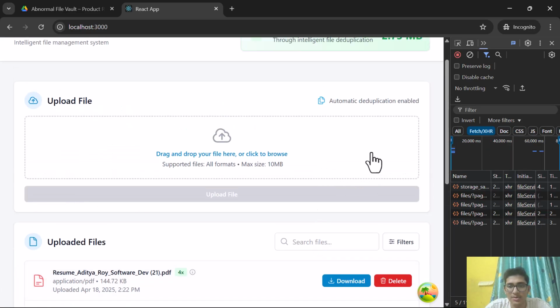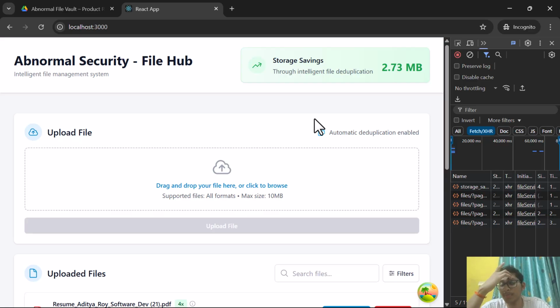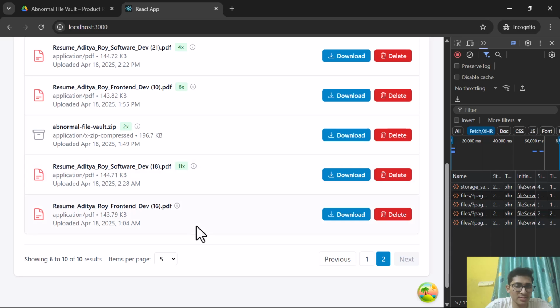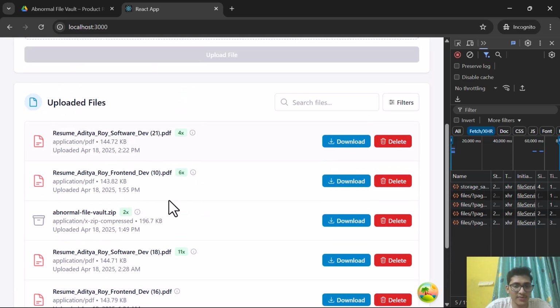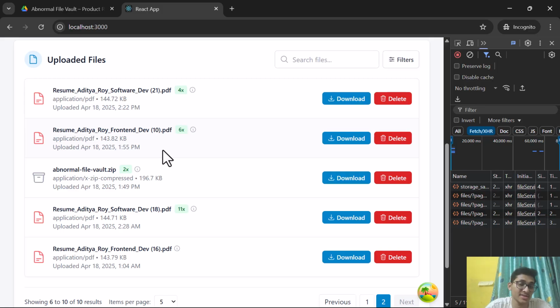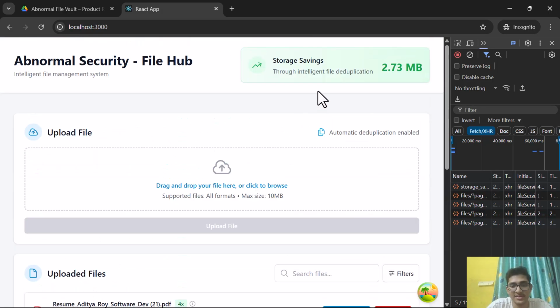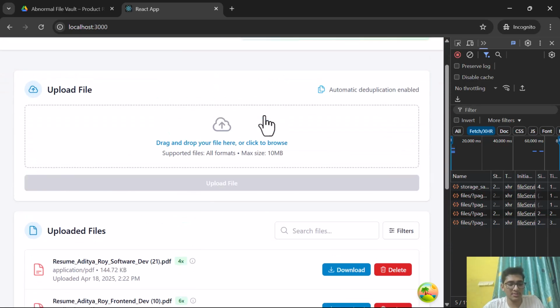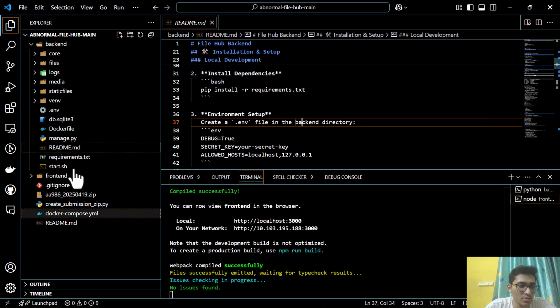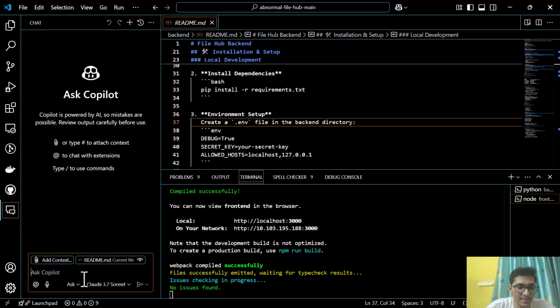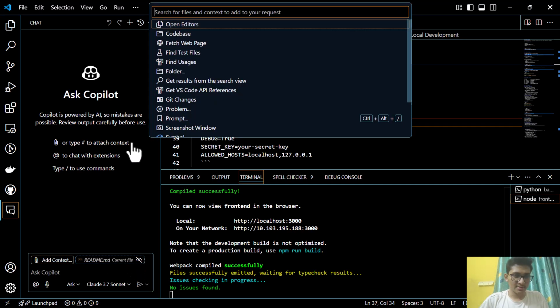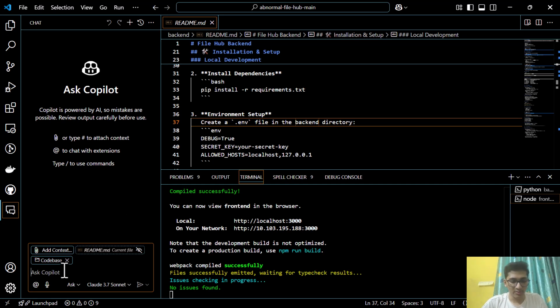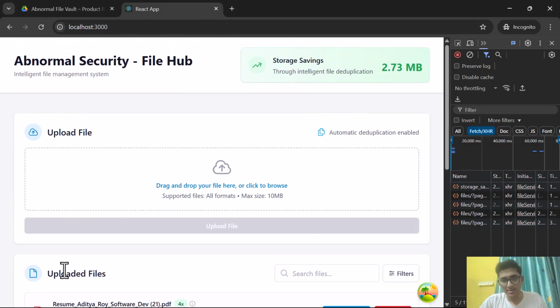Yes. One thing, the main problem here is we can only see the storage saving, and we want to know the total file size stored in the drive, what the savings are, and how many files there are. So for that I will change my code a little bit. I can use Copilot. I can remove the context. I will add the global context of the code base, and I will write,